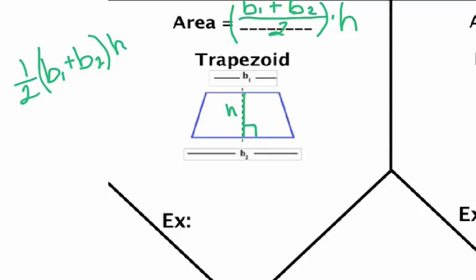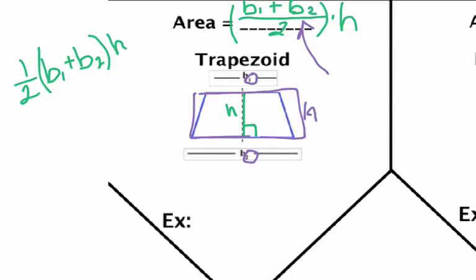Trapezoids are different. One of the bases is a different length from the other base. So to deal with that, we identify them with a label, and these little labels at the bottom are just telling us that we have two different base sizes. This formula allows us to put those together and divide by 2 to find an average length. When we do that, it's just like turning it into a regular rectangle so that we can multiply the base